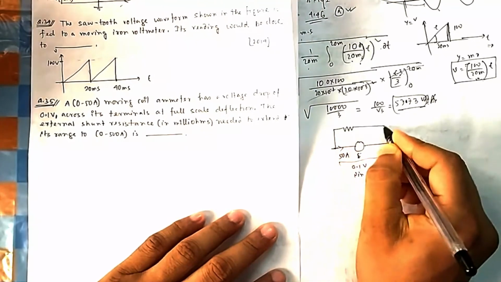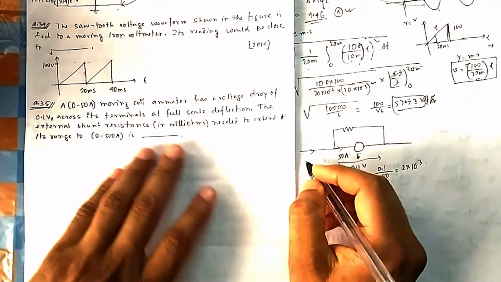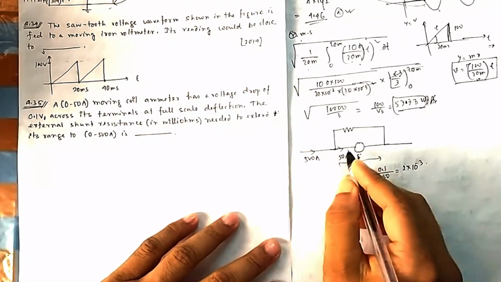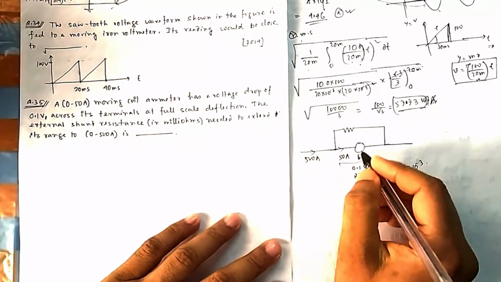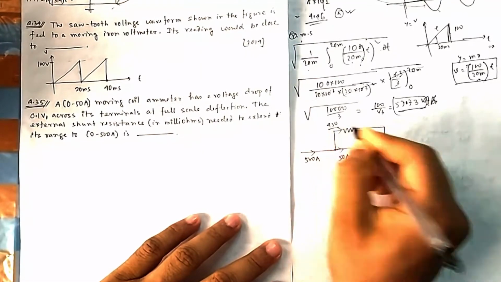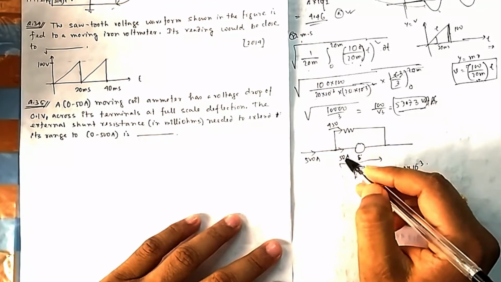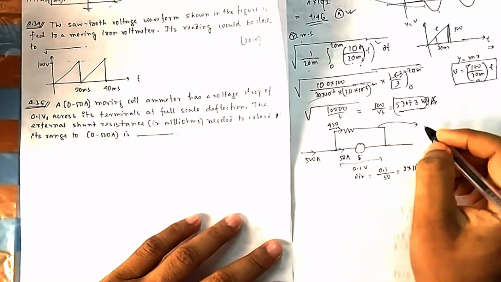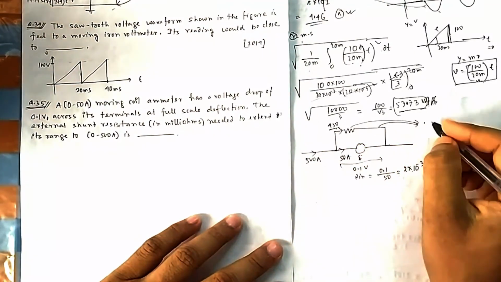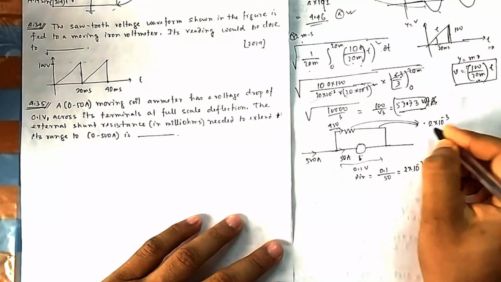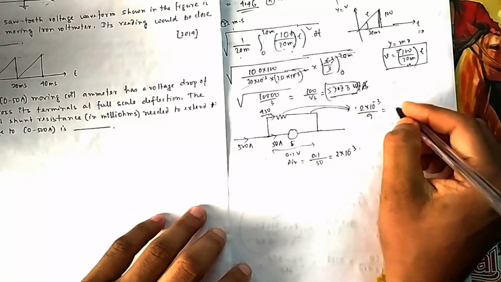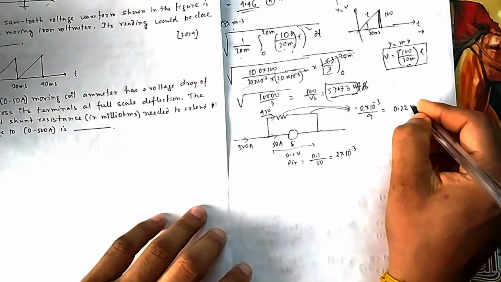Now you are connecting a shunt. Why? So that its range can be increased to 500 ampere. If 500 ampere goes through, you cannot allow more than 50 here because this is the maximum. So the rest of the current will go through the shunt, 450. You can see your current is now 9 times, 9 nines are 81, I mean 450 is 9 times 50. So your resistance should be 9 times less, this resistance divided by 9. So if you divide by 9, it will be 0.22 milliohm.